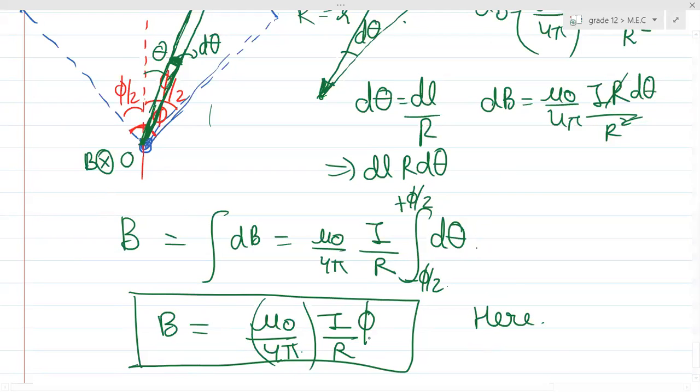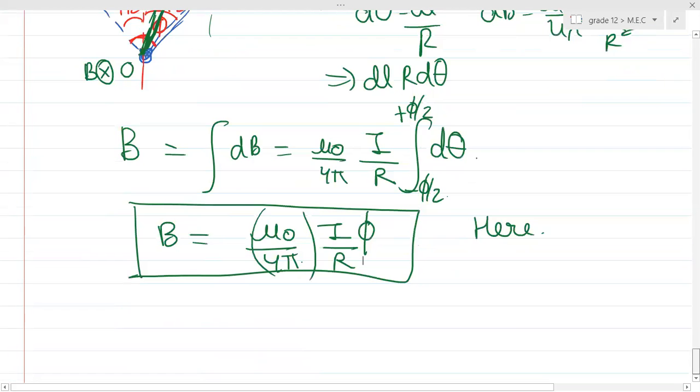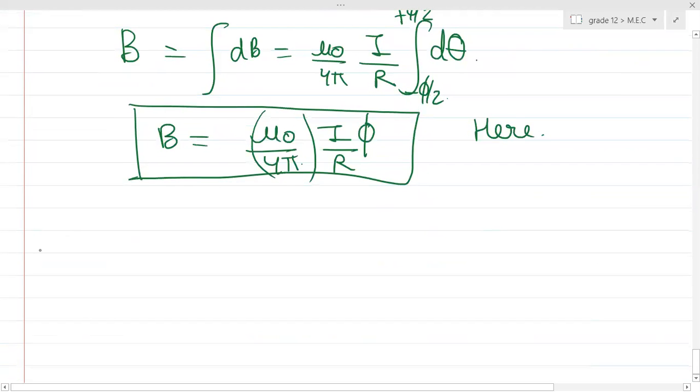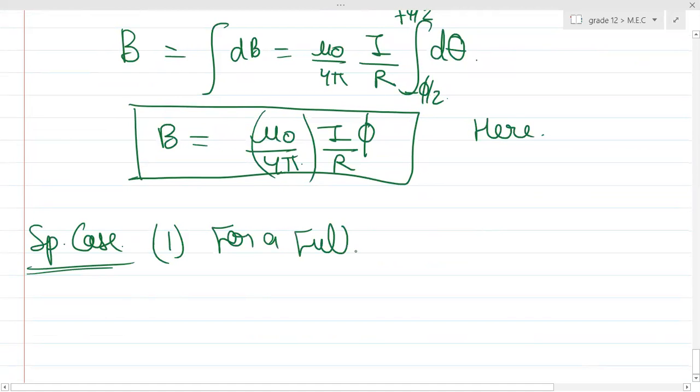Is this clear, guys? Yes, sir. Please write it down. Not a part of your school syllabus, but the derivation is required. If someone tells you to draw the special case for a full circular loop or coil,